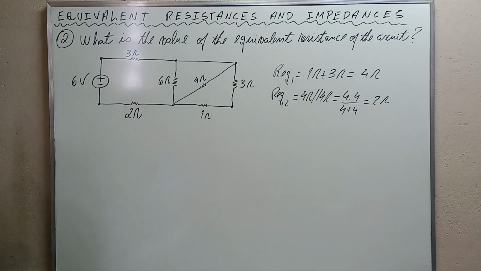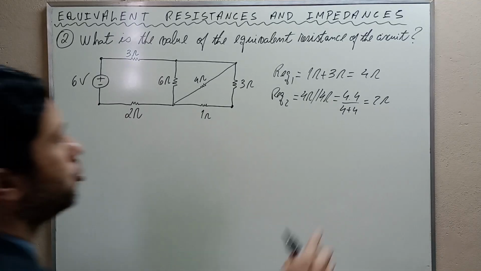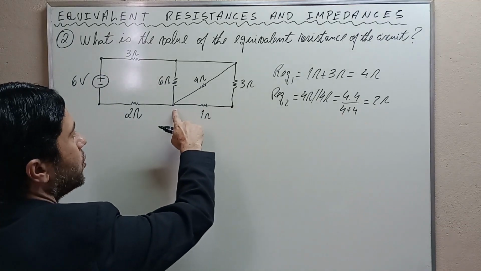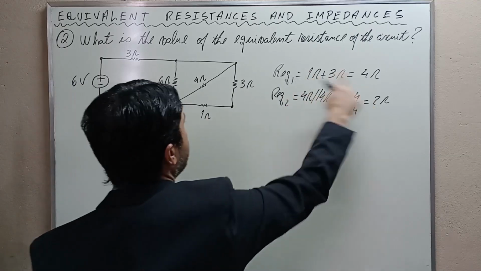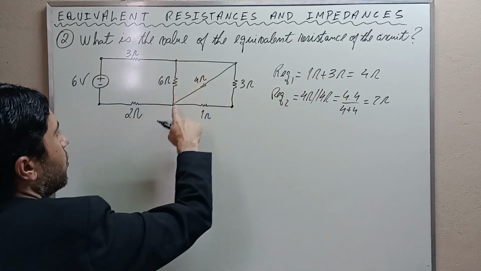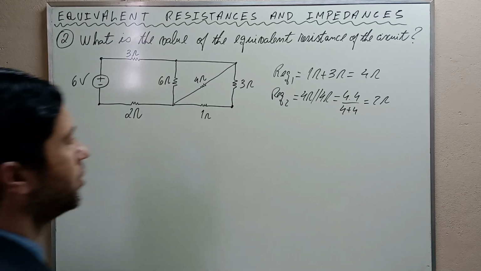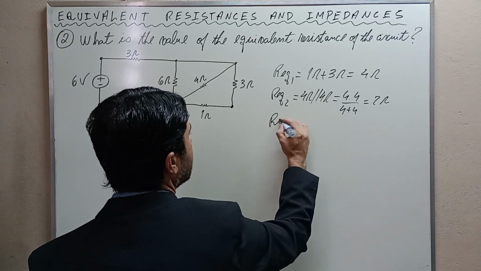Observe now that this 2 ohms here, resulting from the parallel combination between this and this, will be in parallel with this 6 ohms resistance, okay? And thus they are connected in parallel, and again we use this rule of thumb to calculate the